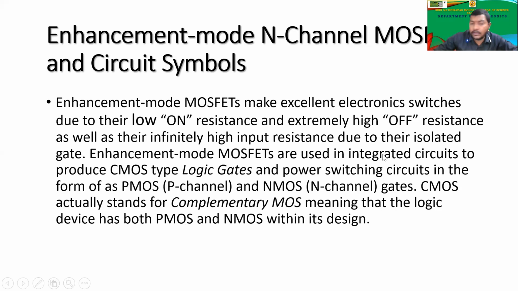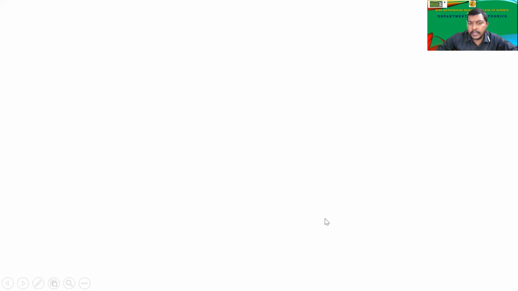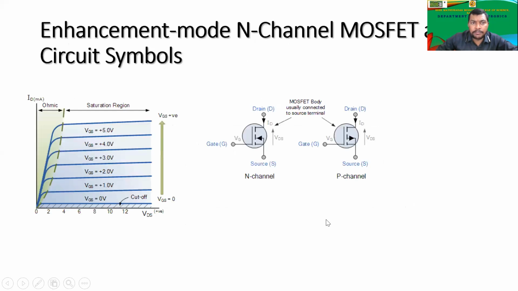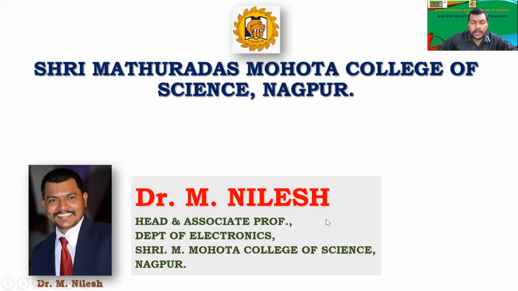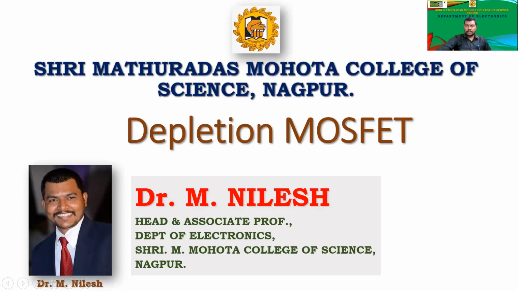But the construction and the working are similar. So I guess you have understood the depletion MOSFET. This was the last topic of this unit, unit number 4, which consists of FETs. If possible, we'll try to complete the thyristors first, meaning that paper 1 will be complete, or we'll start with paper 2, so that some portion of paper 2 might also get completed.